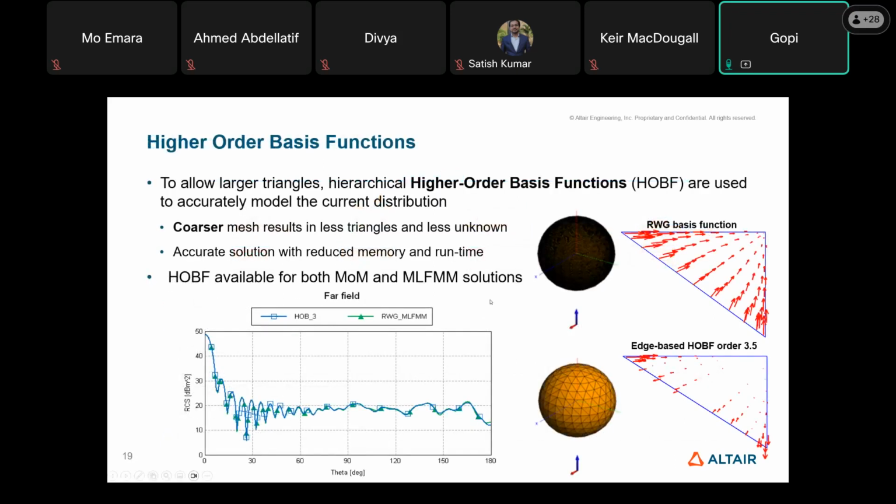So not only multiple solvers, there are also some additional solver features in Feko. For example, with both method of moments and MLFMM, you can take advantage of higher order basis functions. By default, with method of moments and MLFMM, Feko will use RWG basis functions, where the requirement is that you need to mesh with respect to the highest frequency with at least lambda by 10